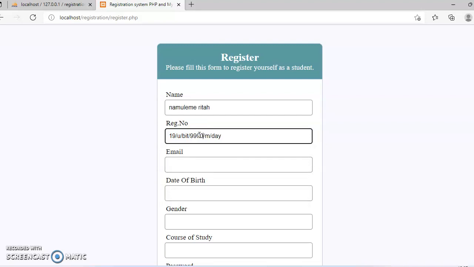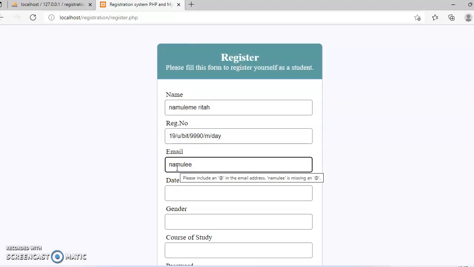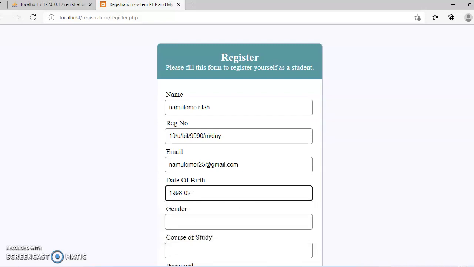I put 990, email Namuleme R25 at gmail.com, and the date of birth here we shall start with the year, like 1998 Feb 26.